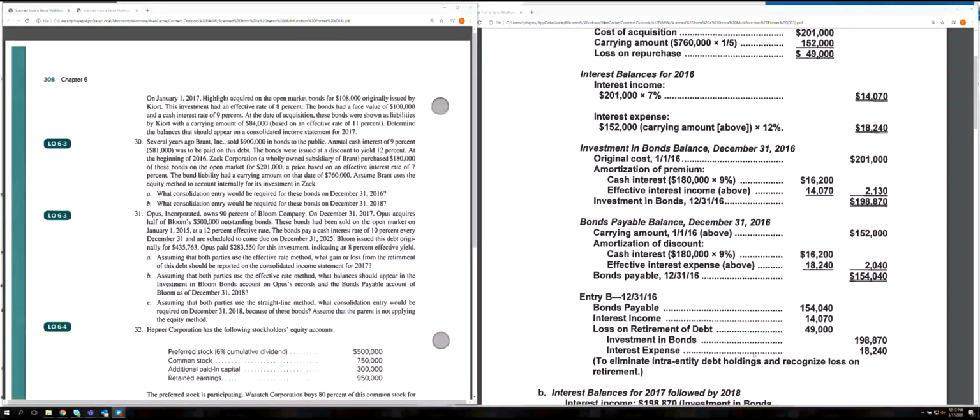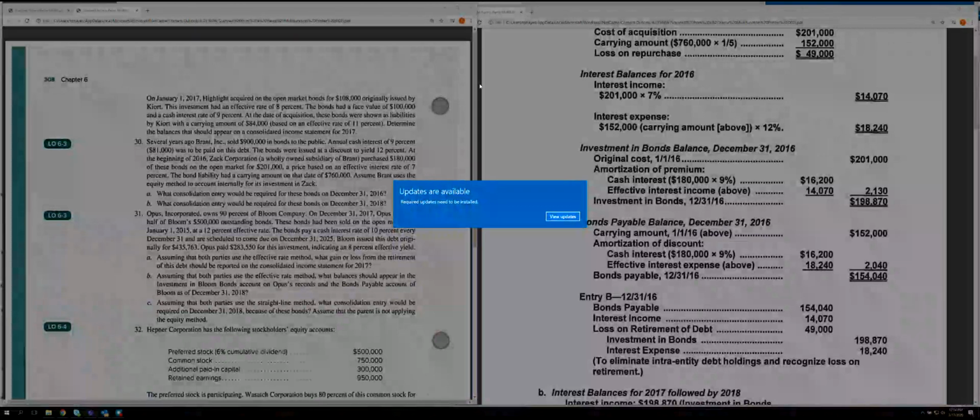And so what that's going to do is eliminate the intra-entity debt holdings. It's going to eliminate the interest income that Zach reported. It's going to eliminate their investment balance. It's going to eliminate the bonds payable on Brandt's books, at least the portion of the debt that was retired. And it's going to eliminate the interest expense on that debt. And then finally, the loss that was recorded as a result of retiring that portion of the debt needs to be recognized too. Okay, so that's our B entry as of the end of